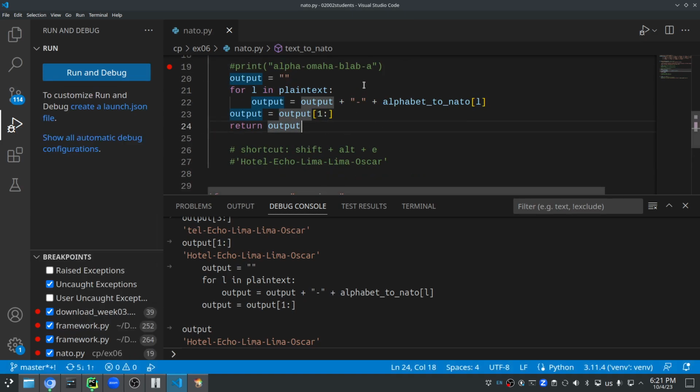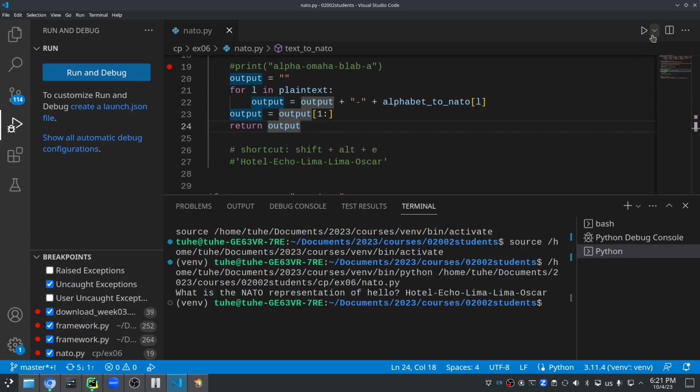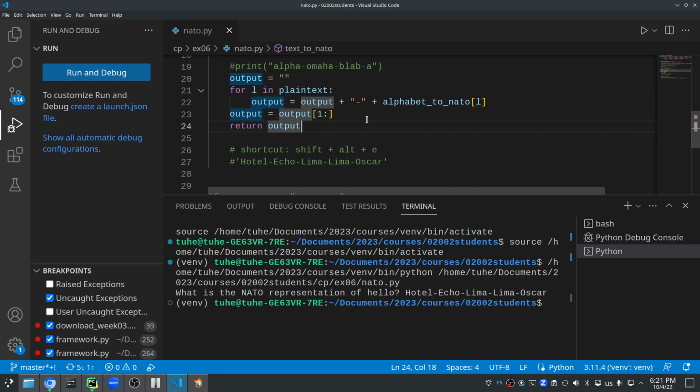So let's try to stop. And then let's try to run it as normally without stopping at breakpoints. So it says hotel, echo, Lima, Oscar. That looks okay. Let's confirm that the tests also work. So I go to the test flask,